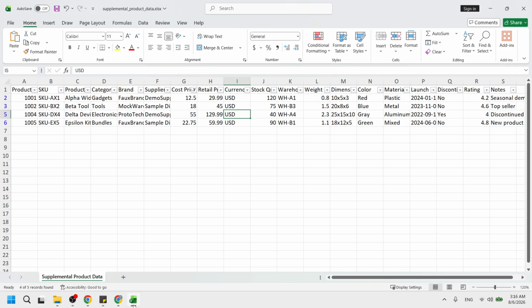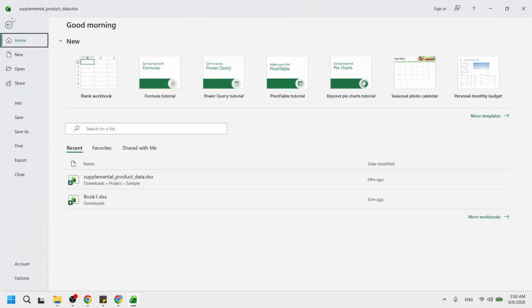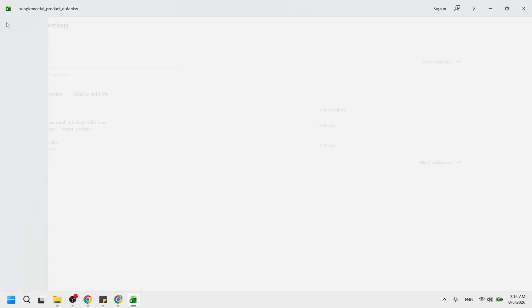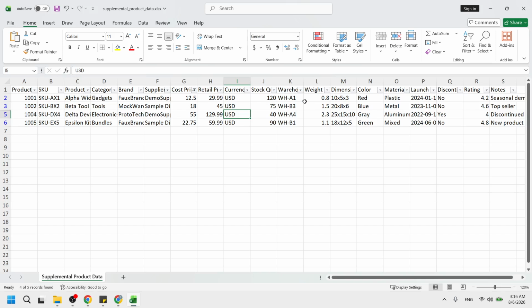Now, open an existing book. You can click on one of the recent files if your workbook appears there, or use the Open option and browse to where your file is saved. Once the workbook is open, look for a sheet that already has filters applied, usually a list or a table of data. You will often see small arrows in some header cells when a filter is turned on, which helps confirm you are in the right place.